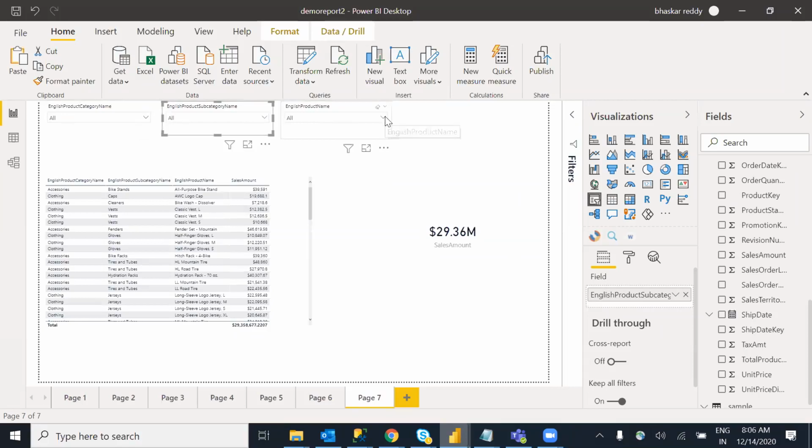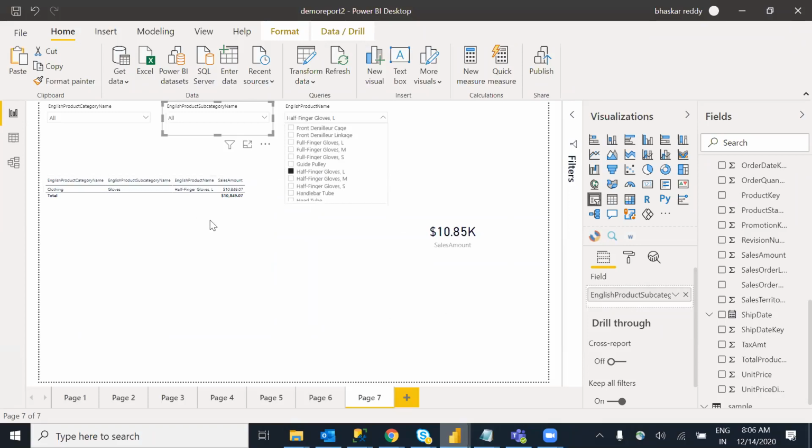Suppose a user wants to select a particular product from this one. For example, let me select any of the products. We have some miscellaneous products. I select something over here. Fact internet sales is a child table, so it is filtering. If we go over here, all the products are still there. Now I select all, and it shows everything. Now I have selected a clothing related product, and I will select a bike related product. Everything goes blank, because a contradiction happens.